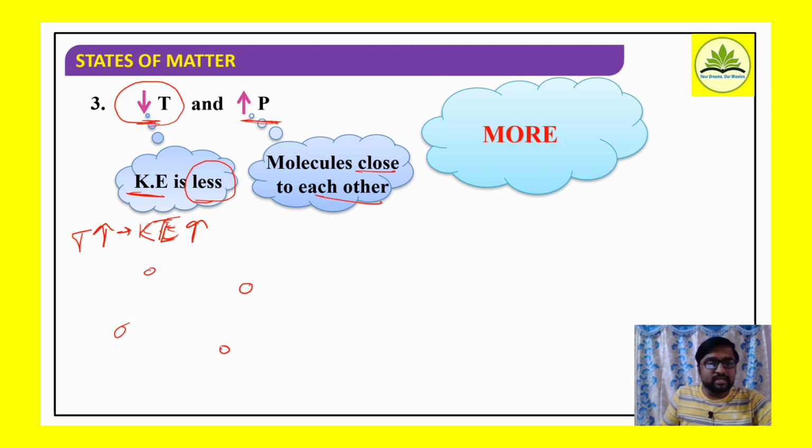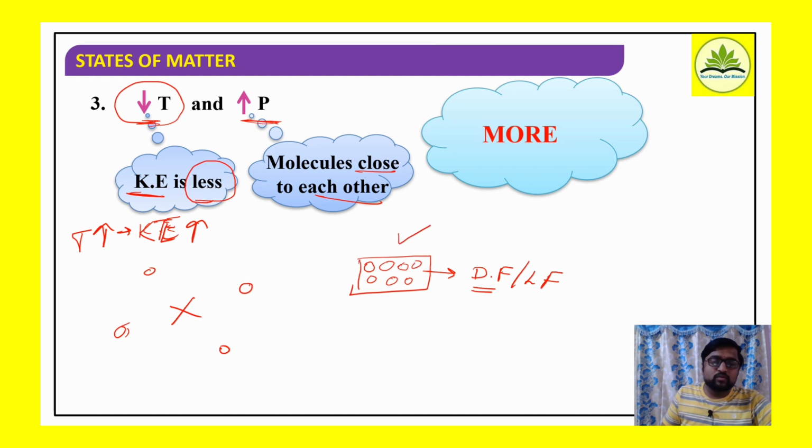Therefore, when we decrease the temperature, at low temperature the kinetic energy of the particles is less, so the particles come close to one another. Similarly, another condition is high pressure. When pressure increases, again particles come very close to one another. When they come very close to one another, then only is it possible to observe dispersion forces or London forces. If particles are far away from one another, we won't achieve any kind of forces of attraction between the particles. It is possible only when the particles come very close to one another.